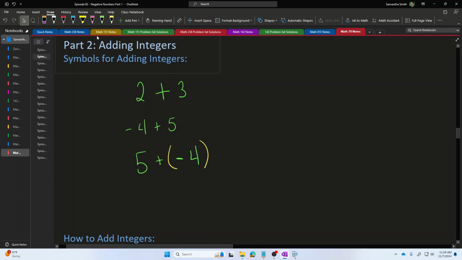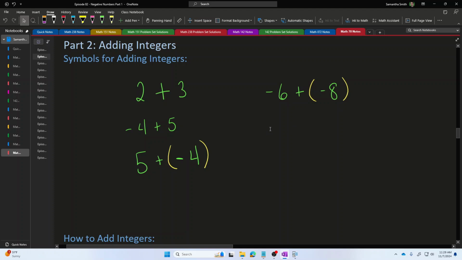It's also possible to add a negative number to another negative number, right? So I could also say something like -6 plus -8. But again, what we've written here is kind of messy. We don't like to have the plus sign directly next to the negative sign. So in a situation like this, we do separate those symbols. We use parentheses to separate those symbols to make it a little bit less messy.